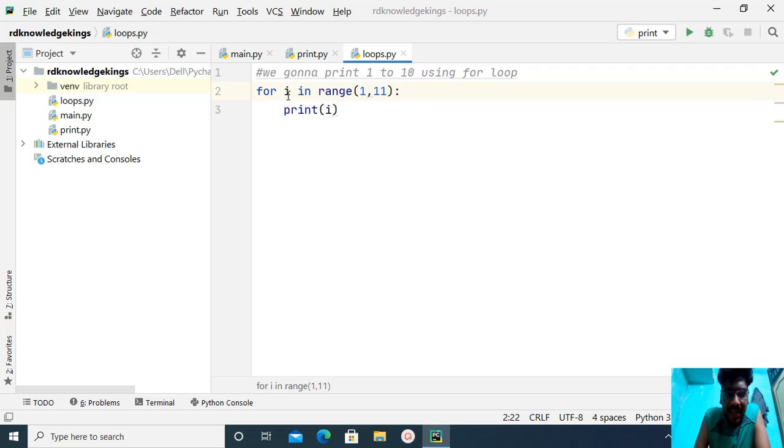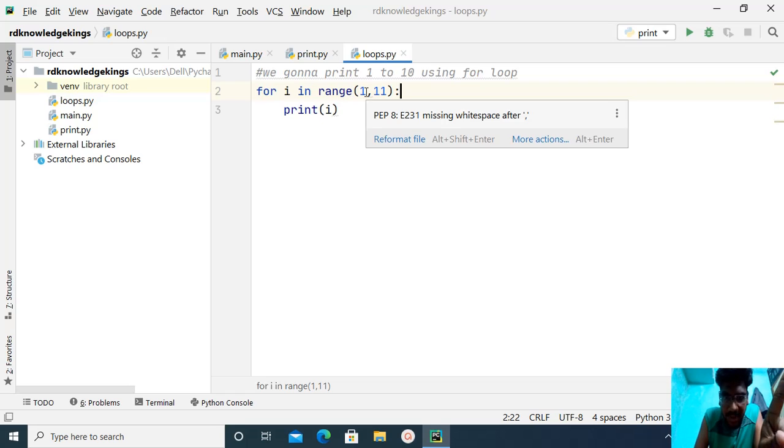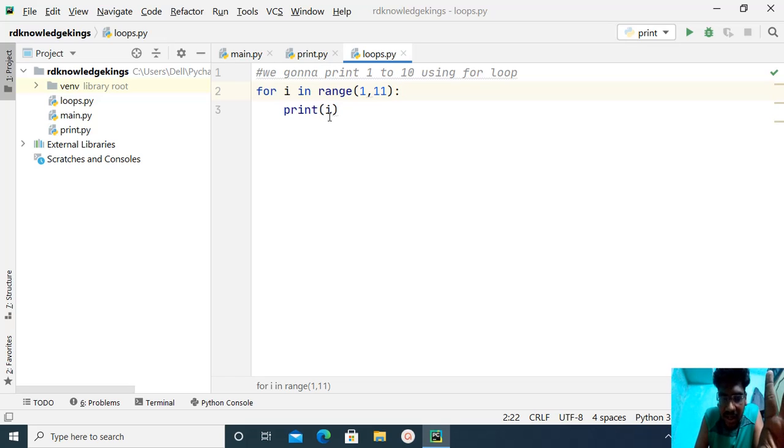First, this one value will be getting inside the i, so that will be printed. So 1 will be printed. Again the control moves into this for loop. Then the value will be 2, so this 2 gets into this i and again print i. So 2 will be printed and then the control moves here. So now 3 gets into this i and 3 will be printed.